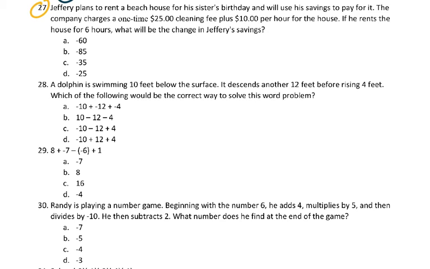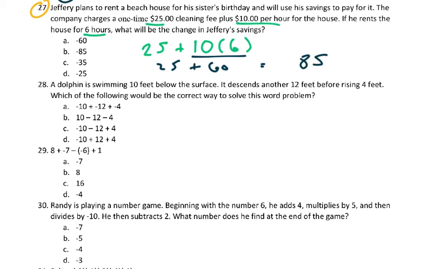27 says Jeffrey plans to rent a beach house for his sister's birthday. The company charges a one-time fee of $25 plus $10 per hour, and he rents it for 6 hours. So if it's per, that means times. So this is the problem that we have. We'll use our order of operations and do 10 times 6 first. So 60 plus the 25. That ends up being 85,